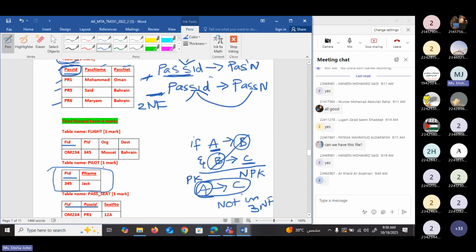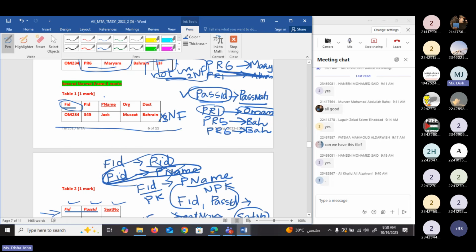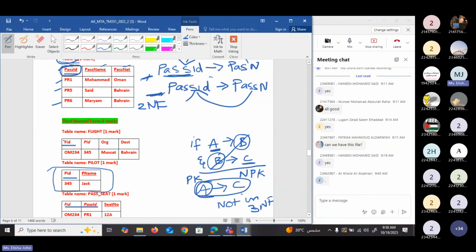Look here, this was the original table. So we will not choose pilot name. Other than pilot name, all the other four columns will be in the other table: flight ID, pilot ID, origin and destination. This is what you can see here.